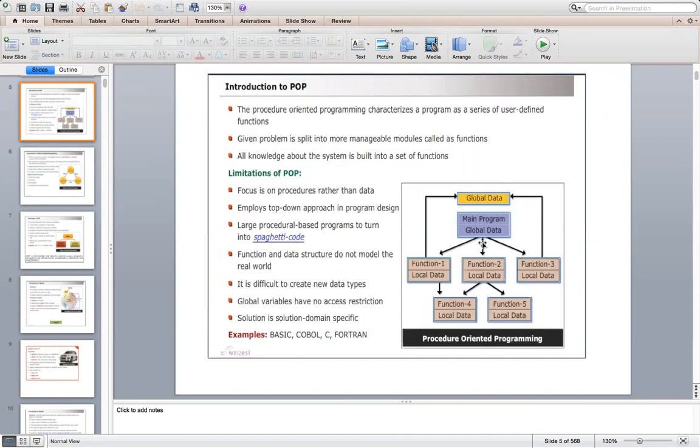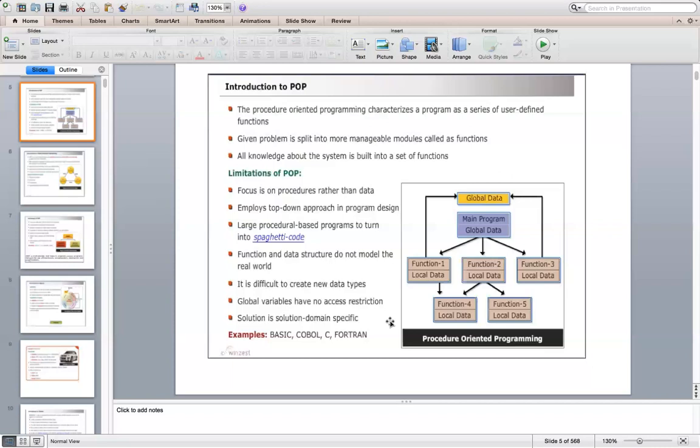Of course, you have the global data, where the global data defines the problem statement or the problem, and these functions will actually share this global data, and that's how we actually solve that particular problem. But there are a number of issues associated with this model, because this is a closed-ended model, since it uses top-down approach, and focus actually is on procedures or writing functions rather than concentrating on data, because data was given in global variables, and n number of functions are actually sharing it and using it.